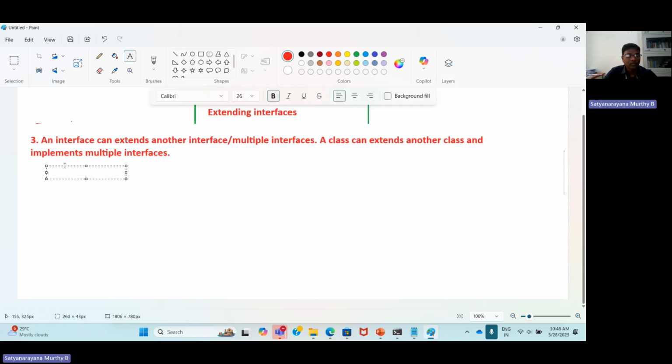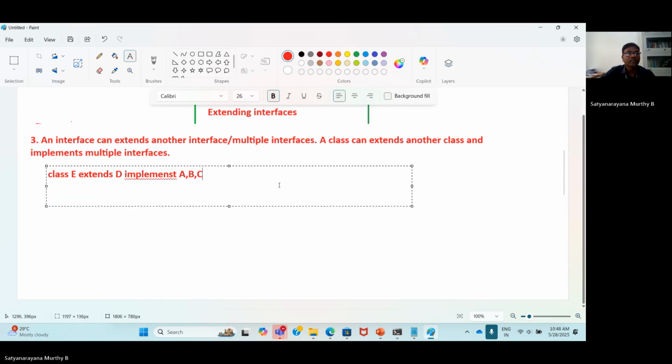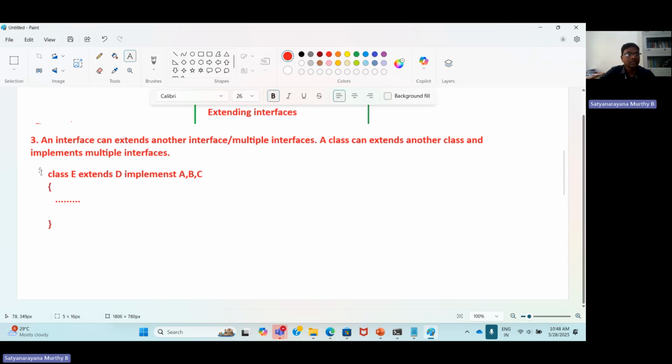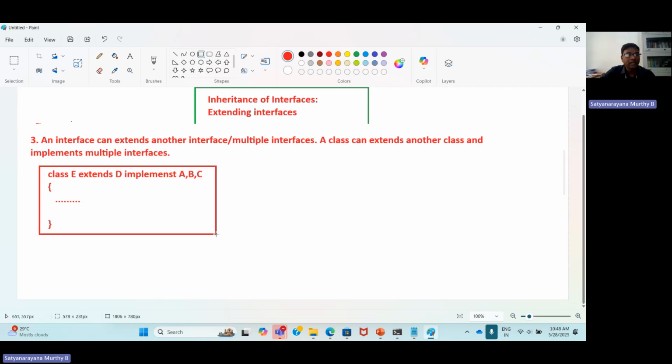So for example, suppose class E is there. Class E extends class B and at the same time implements interface A, interface B, interface C. So now it has its definition of these interfaces. What are our interfaces? Interface A, interface B, and interface C. That is, class E extends the class D, where D is a class, and at the same time implements